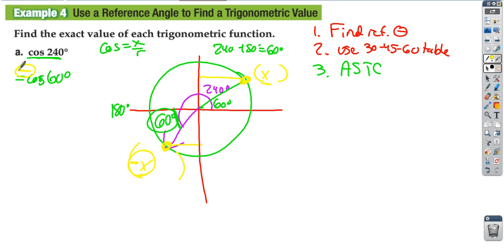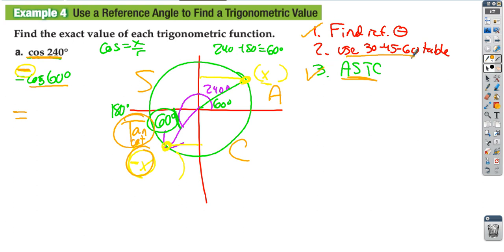And another way to explain why it's negative is because of this acronym we said. All students take calculus. The take means that only tangent and cotangent are positive, not cosine. So because we're in the third quadrant, this number is going to be the same as cosine 60. Why? Because its reference angle for 240 is 60, but it's negative because we're in a quadrant where the x-coordinate is negative. Okay, so now we took care of the reference angle, we took care of all students take calculus,